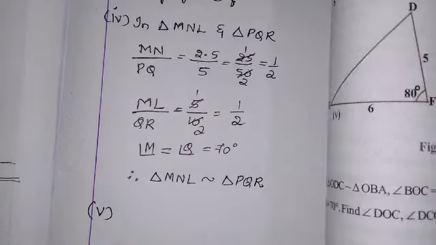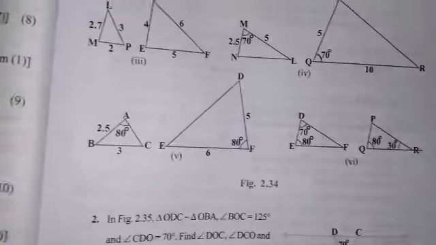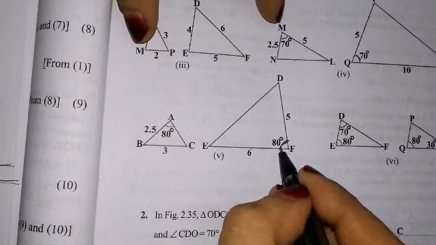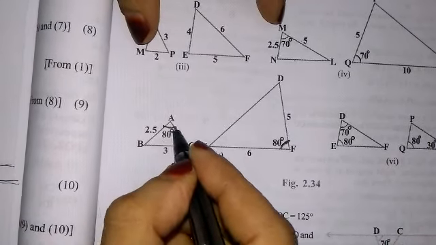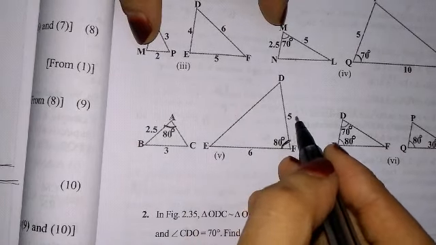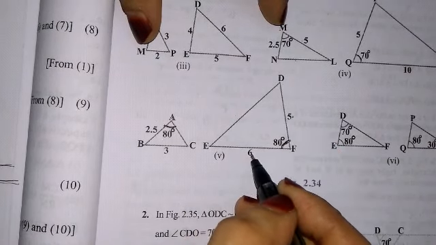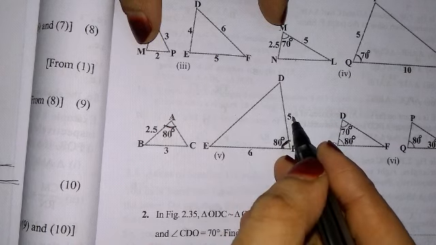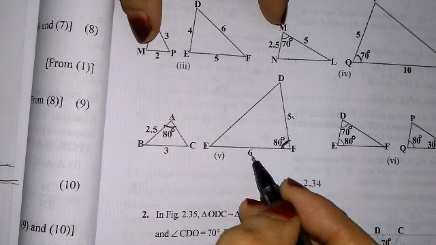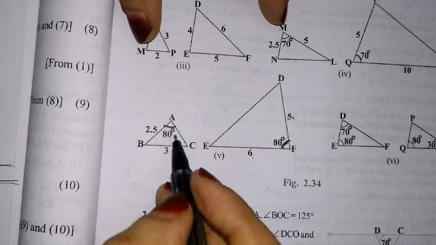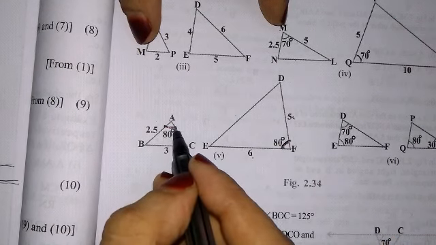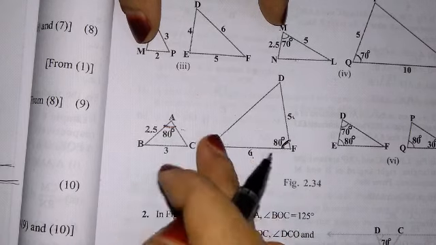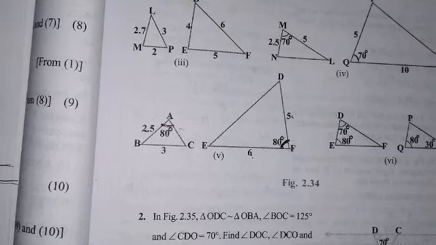Similarly, now fifth one, you can see here fifth one, exactly fifth one question. Here we can see this is the angle, right? Here is the angle, and here there is a side, and here also there is exactly a side. Included angle it is, and we can see here they have given side 5 and here they have given side 6 centimeter. But here you can see this is the angle. Here they have given side, but here they have not given side. That means these two triangles are not similar.